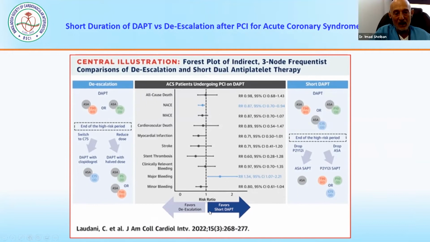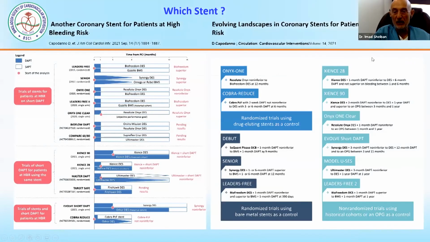Now, again, this is another very recent study showing that with de-escalation and short dual antiplatelet therapy, there is no difference in the 2 modes of abbreviating the DAPT, no difference. The only difference is that the short DAPT will reduce bleeding events more than the de-escalation, while de-escalation might slightly reduce clinical events as compared to short